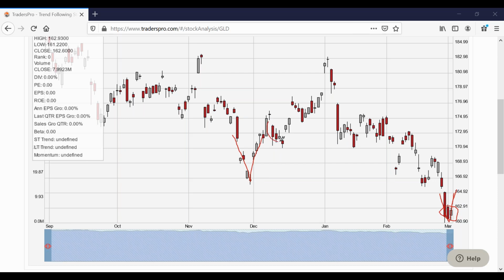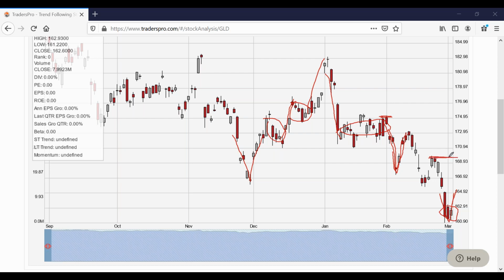then look at the first pullback. It was more choppy, more sideways right through here. Had another impulsive move to a higher high, pulled back, more choppy and sideways. Impulsive move down, and then choppy and sideways. Impulsive move down. Here, this was a tricky one because it had impulsive down, impulsive up. That's why it's not perfect. If it could perfectly predict it, we'd all be geniuses. But that's what fakes us. Almost every trader out there gets faked once in a while when it does something like this, where it looks like it could be reversing. Now, that'd be the early side of reversing trend, and then you still would want to see it go to that higher high.